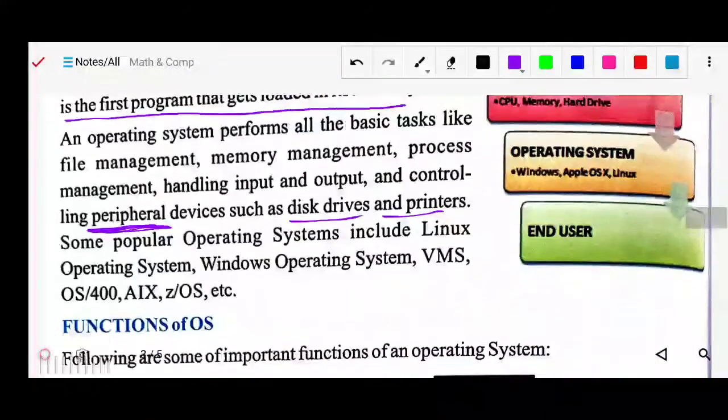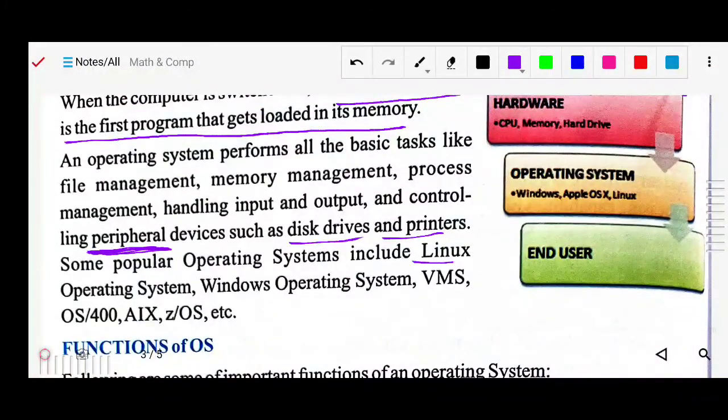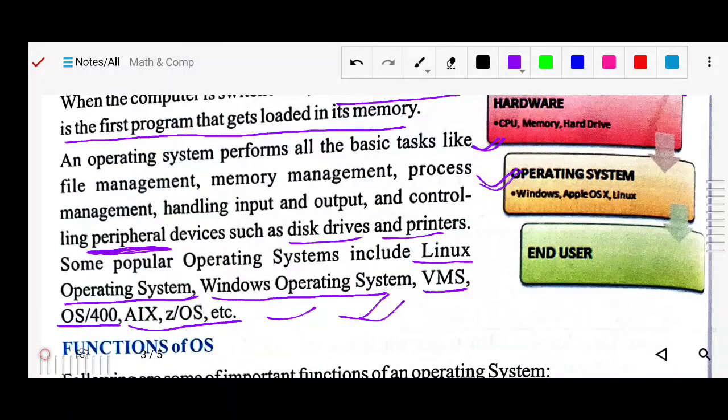It is very important: Linux operating system, Windows operating system, VMX operating system, OS 400, AIX, z/OS. These are the names of the operating systems that we are using currently. So these are examples of operating systems which are used in the computer. And here you can see this is the hardware, then the hardware is interacting with the operating system, and then